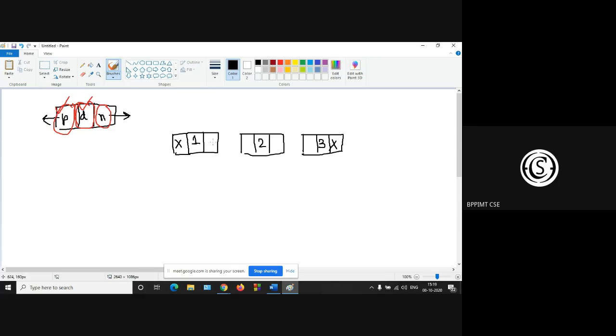The next field of the first node points to the second node. Similarly, the previous field of the second node points to the first node, and from 2 to 3, and from 3 to 2. So this is the DLL structure, and there is a start. Let this start be pointing to the first node. Now you have to insert